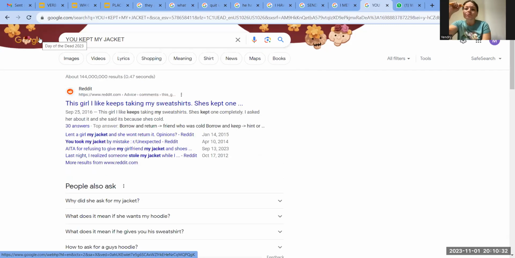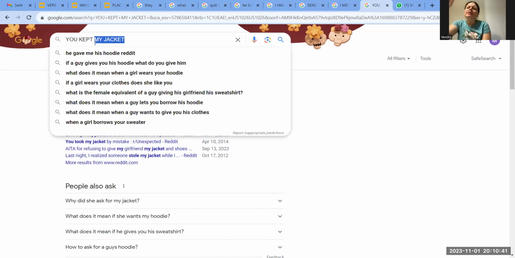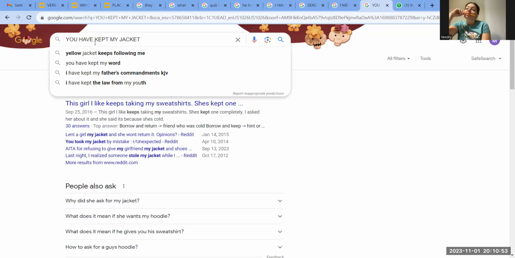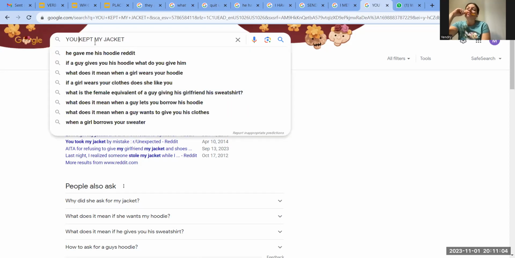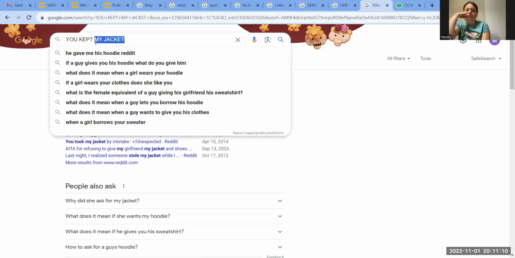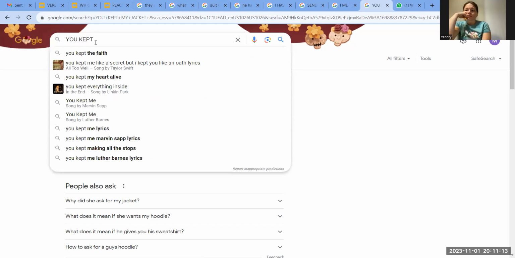Sometimes people want to throw something away, right? Now, if you want to make it serious, si quieres hacerlo más serio, you have kept my jacket. You know, it's like, hey, cosas que se la quedó, pero ahora se la ha mantenido. What's happening? So that's about kept. So this is very useful.